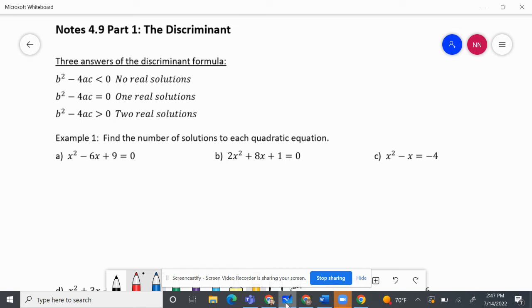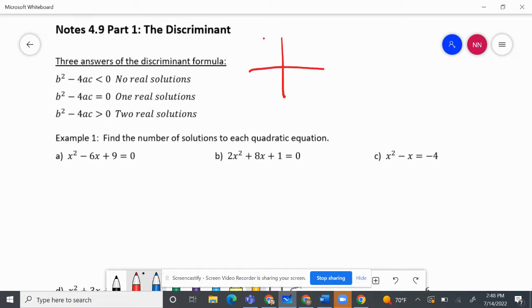What we're going to do is look at the discriminant. The discriminant is a formula to tell us how many answers our quadratic has. Does the quadratic have one answer, two answers, or three answers? This is really going to be helpful when we're graphing quadratics in the next unit because what it'll tell us